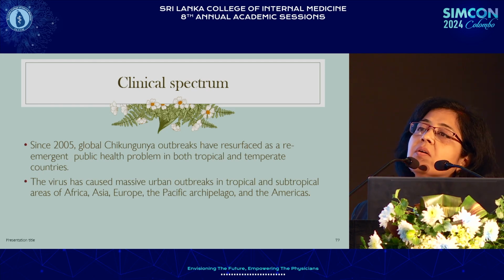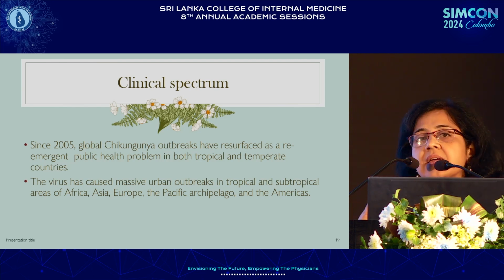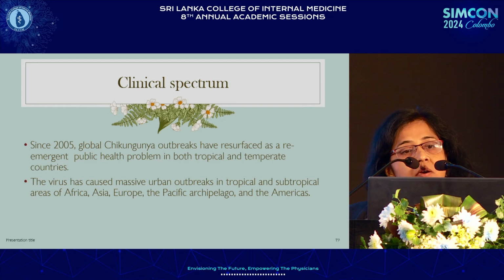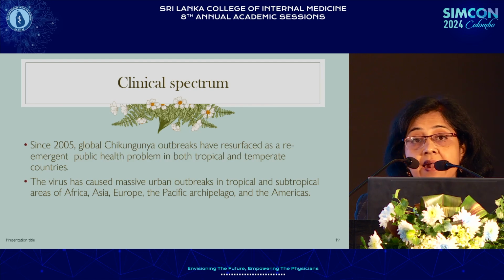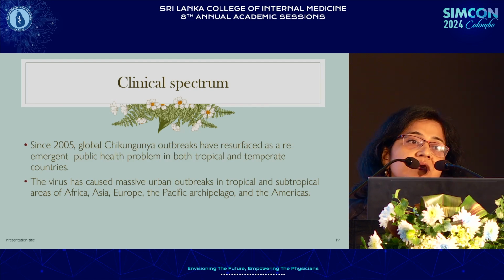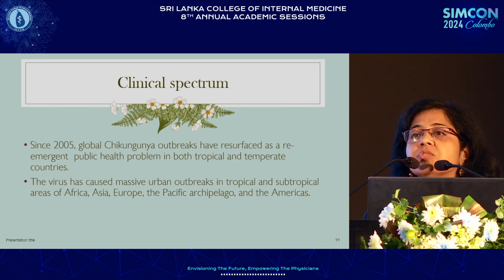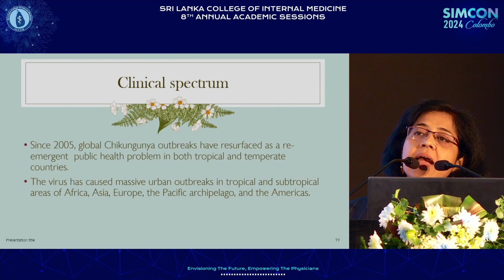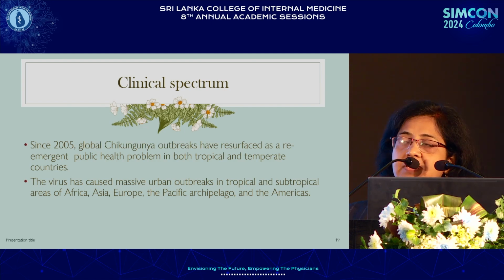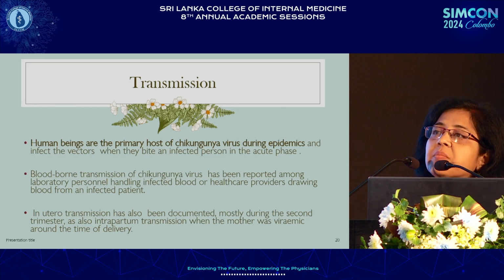Now, chikungunya was first encountered in Kolkata in around 1963, and after that it became quiescent. There was a re-emergence of outbreaks after 2005, and now the scenario is very grave because after 2005, for the last 20 years, this disease has spread out like wildfire, and it is affecting both the tropics and the temperate zones. Human beings are the primary hosts,